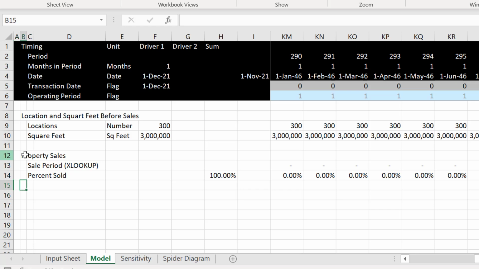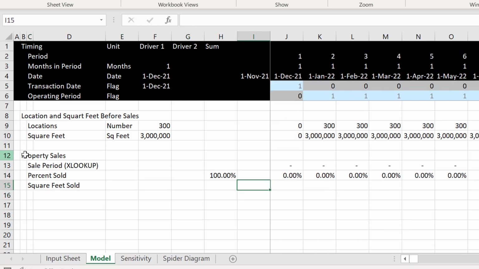Okay, and then of course the next thing we can do is we can put square feet sold. Okay, and that's just going to be the amount times this. Okay, and finally we can put our square feet balance, and so what we should do is maybe I'm going to do something that's not really that great,